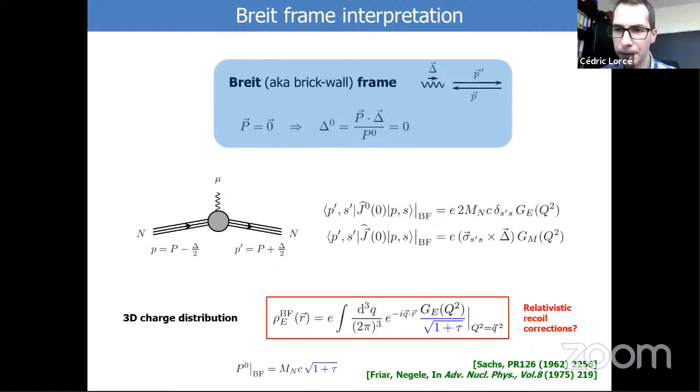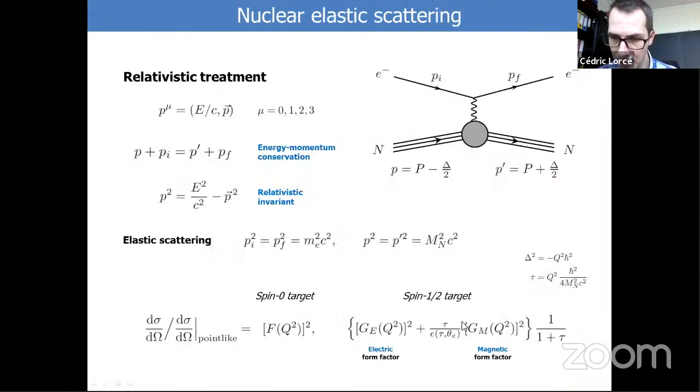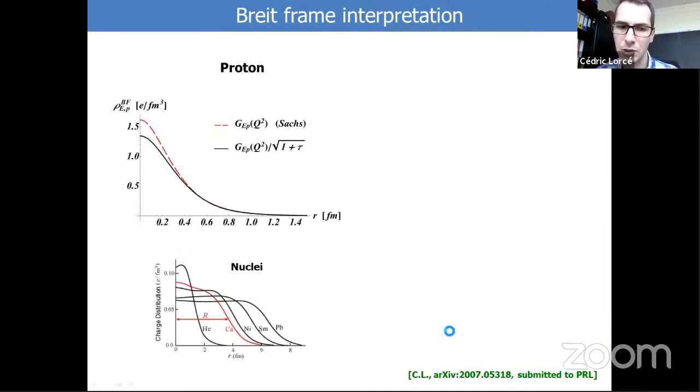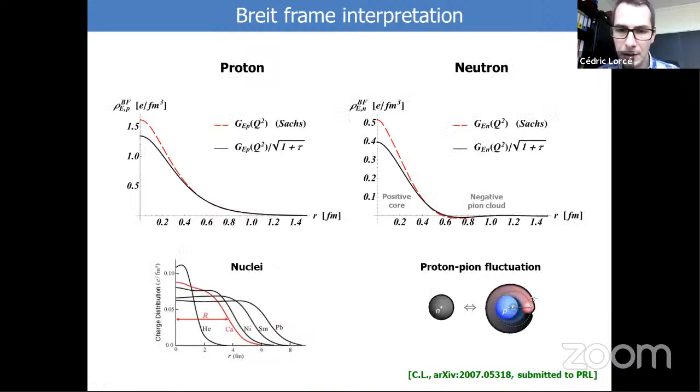Okay, so for about 40 years, that was basically the only thing that we could do. This picture is exact in the non-relativistic limit because tau is divided by the energy of the system, which is much larger than the momentum transfer. So if you can neglect the recoil, everything is fine. It's non-relativistic. But as soon as you have recoil, like for the proton, these kinds of factors are very important, which are shown here.